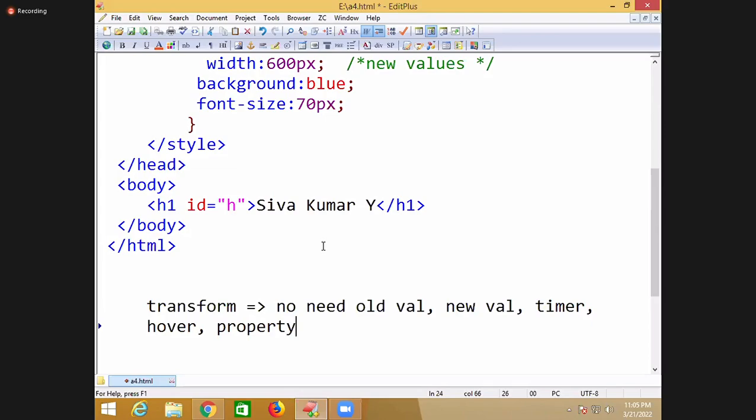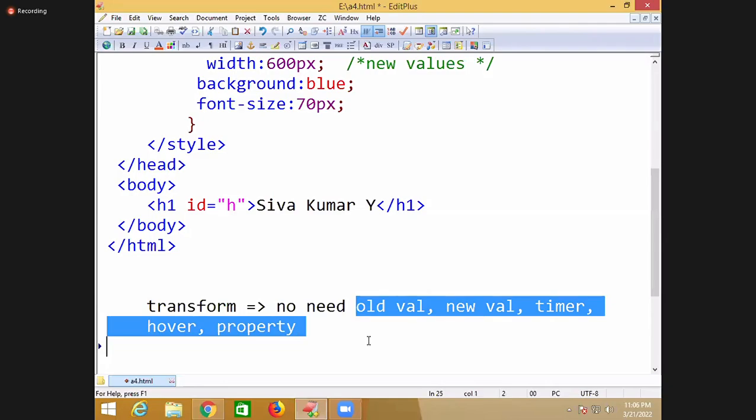But how are the animations applied? They are predefined functions, and we apply these functions directly on the tags. When the animation is playing, hover is not needed, so no need of all these things. Then when this animation is playing, sir,